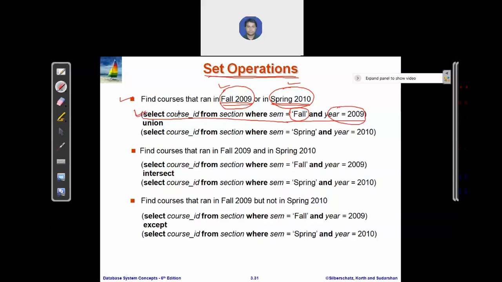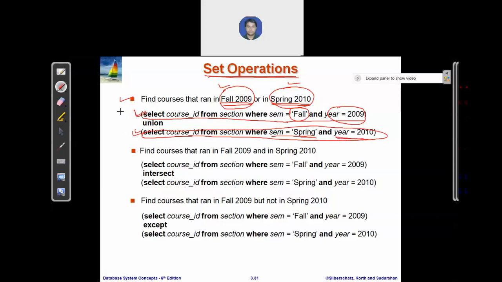The next query: SELECT course_id FROM section WHERE semester = 'Spring' AND year = 2010. This query will give you all the course IDs of the courses which ran in semester spring in 2010.